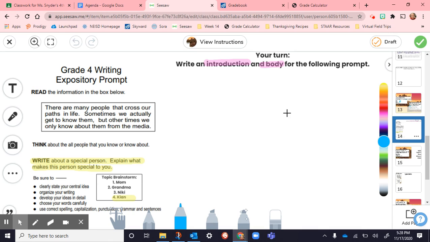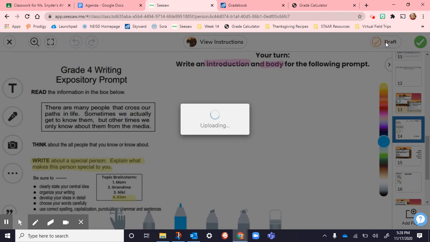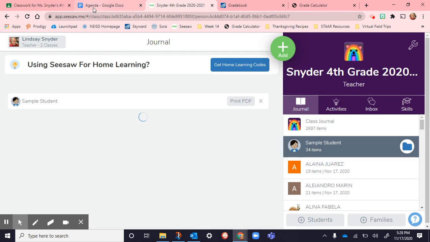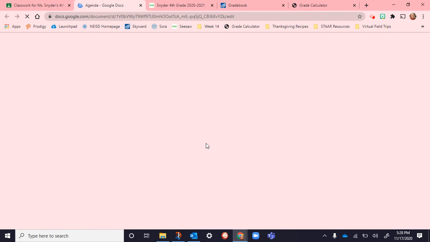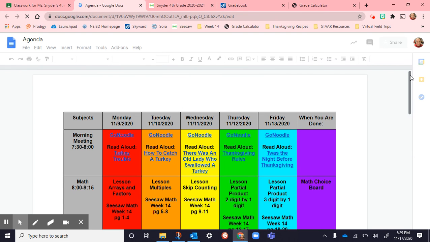So we're going to do lots of sharing tomorrow. So make sure that this gets done on page 14, and then go ahead and draft that to save your work. And then, like I said, on the agenda,